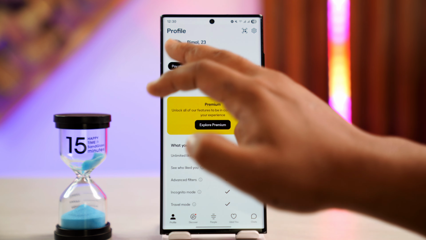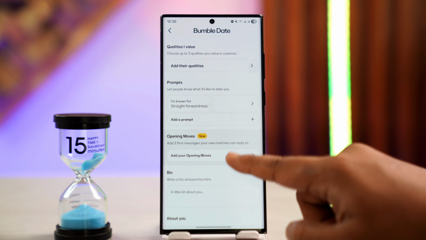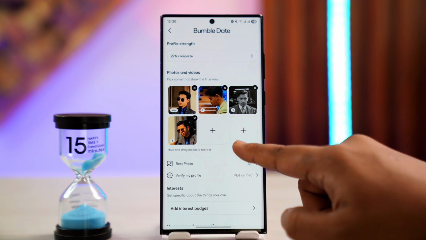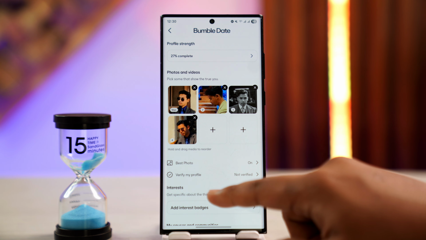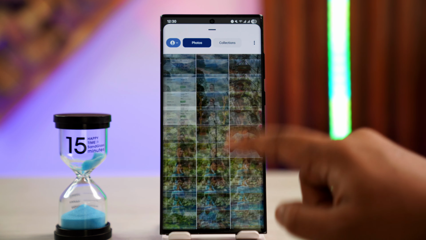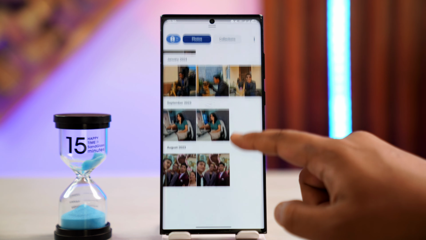And let's say you have a certain photo here. You can try to tap on edit profile. You can first of all cross out any of these images that you no longer need. And whenever you upload an image, you just have to be patient and wait for that image to load properly, because if you do